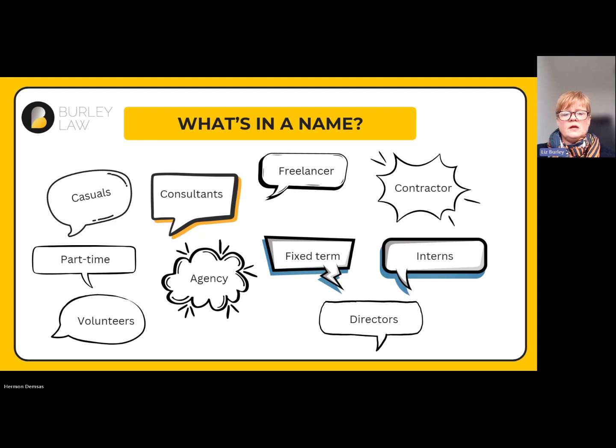So other people like part-time, fixed term and casuals again could indicate either an employment relationship or a worker status relationship, and you need to be careful how you badge that in the contract and make sure that it correctly reflects your expectations. And then people such as interns and volunteers are in a slightly different category, and I'm just